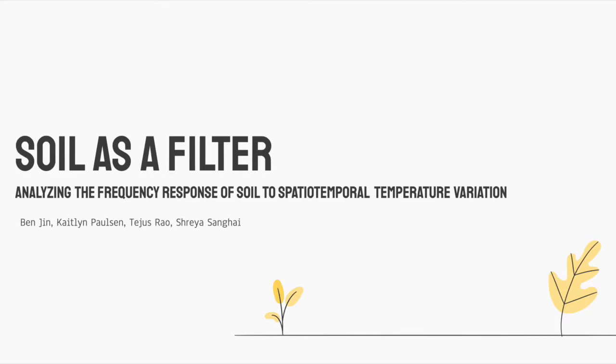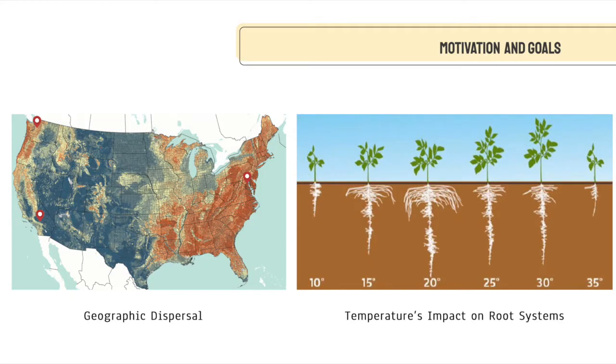Soil as a filter, analyzing the frequency response of soil to spatiotemporal temperature variation. In agriculture, soil moisture and soil temperature are important variables that can impact a plant's root system and growth. Soil can be thought of as a filter, protecting root systems from daily fluctuations in temperature. The goal of this project was to determine how different soil types from different climates filter out daily sinusoidal fluctuations